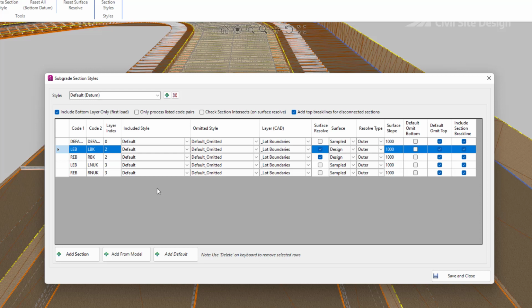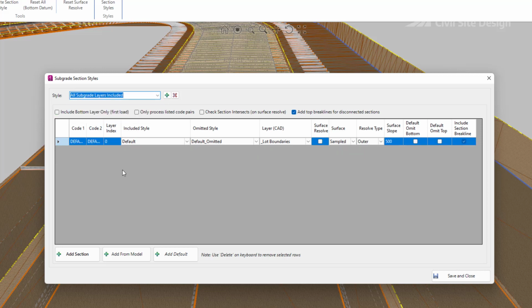So straight away you can just simply use this style and then manually go in and change your design in your submodel as you begin to look at it. We have other styles in here as well, for example all subgrade layers included, and this simply says any layer of subgrade that is added to the design, we want the top and the bottom to be displayed because they're not omitted, meaning that every single element of my design would have to be manually removed,